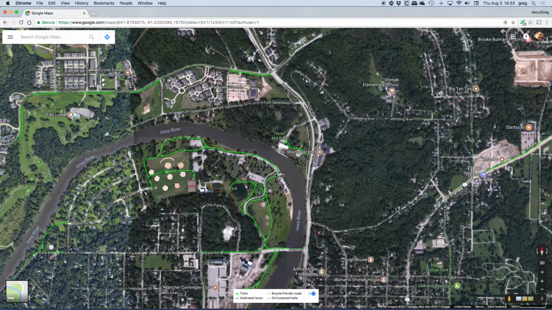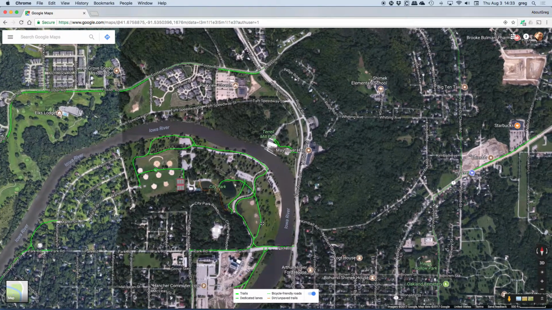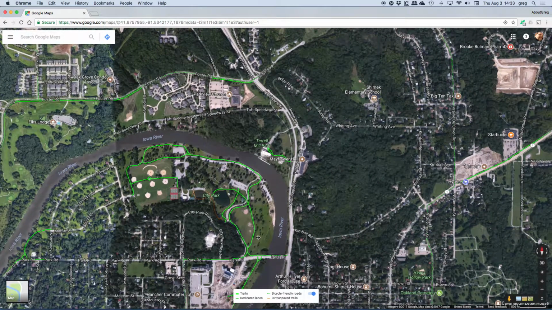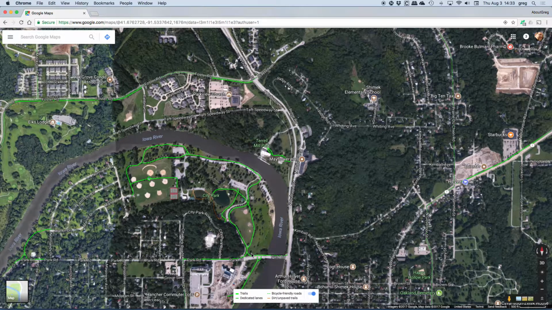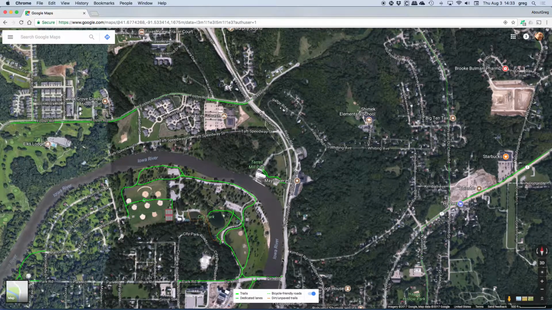There is a trail system that goes all the way to the end of City Park. We call it the end of City Park, but the city park kind of curves around. Sometimes that's flooded, so you want to check ahead of time to find out the status of that. It's not often, but occasionally. And then if you cross the Park Road Bridge, there is a lot of construction going on right now, but